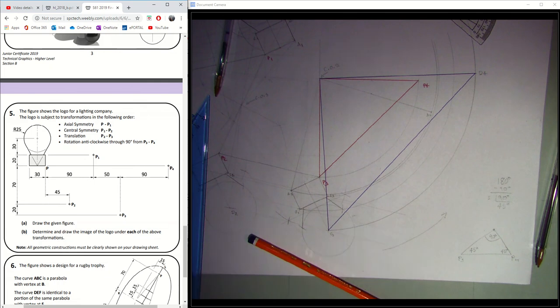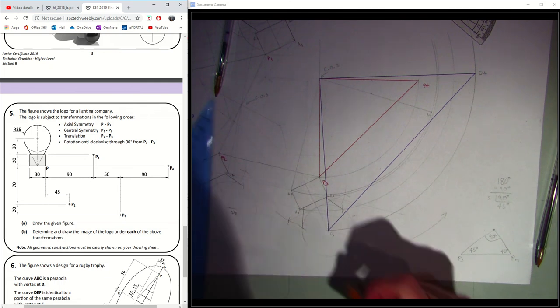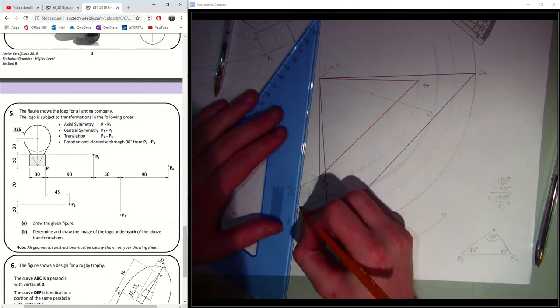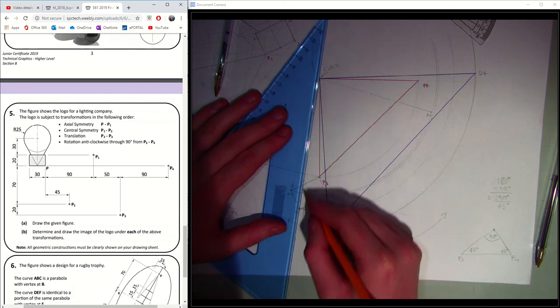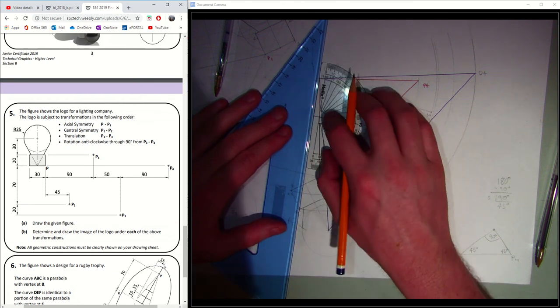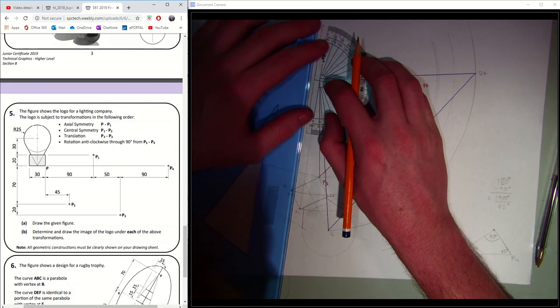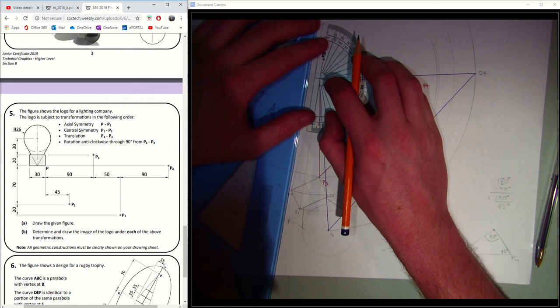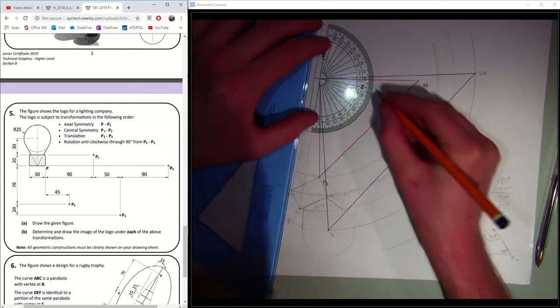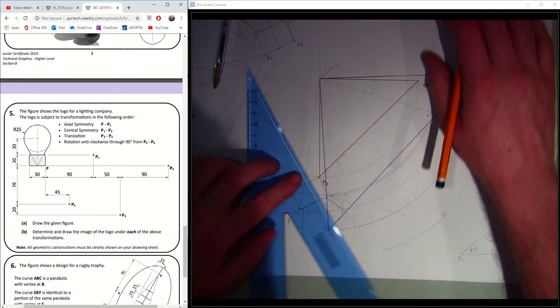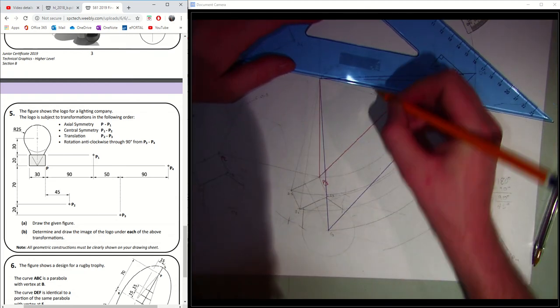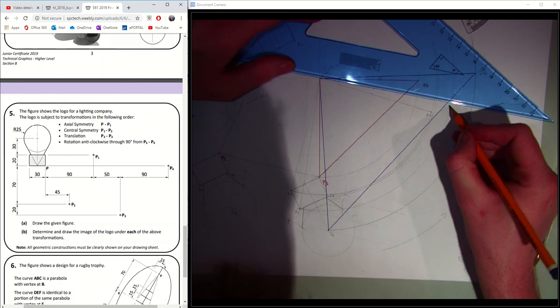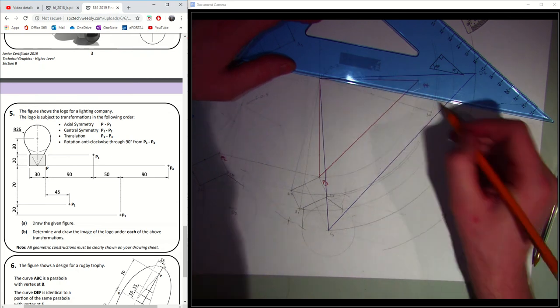So getting the line B3, I'm joining it back to my center of rotation, and I draw a 90 degree line to that. I want to draw that out as far as my rotated line. So this is B3, so I'm bringing it around and bringing it in. That gets me